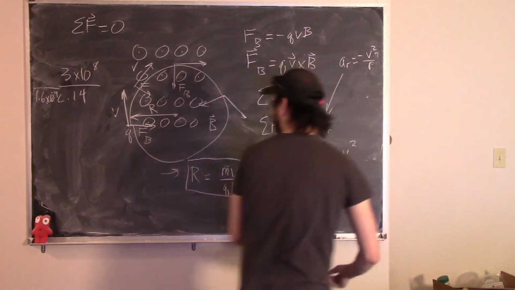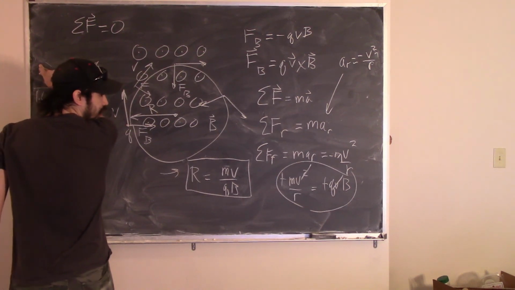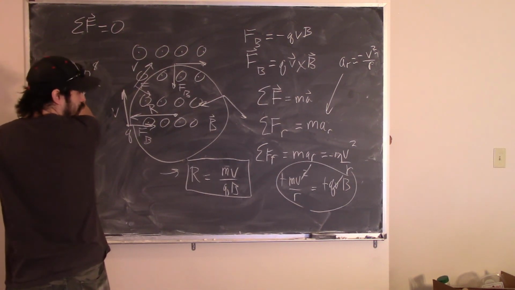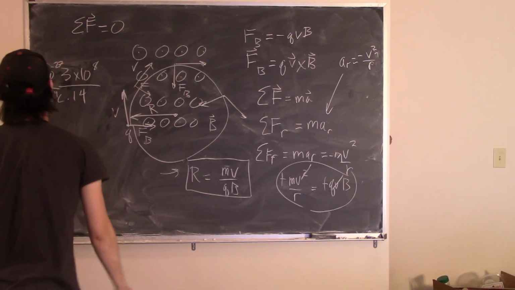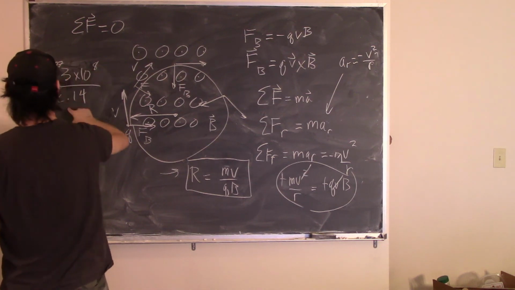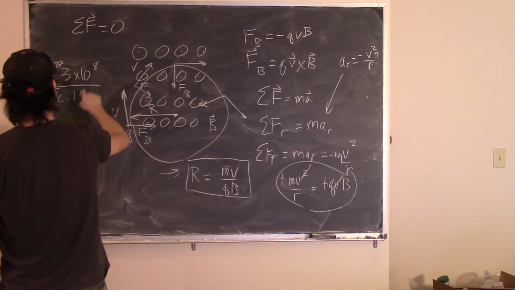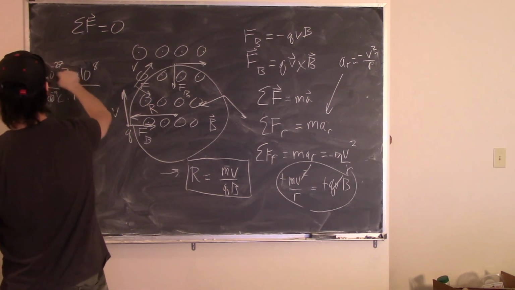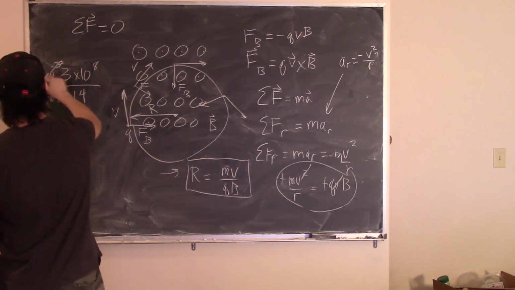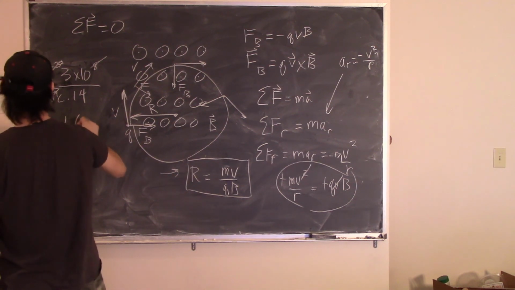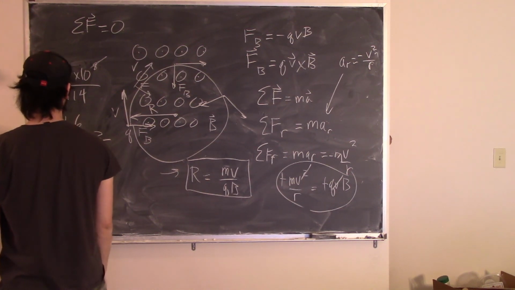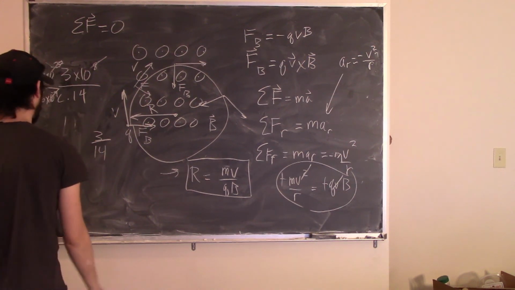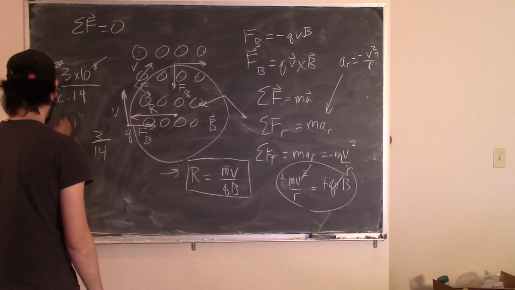Proton mass is 1.6 times 10 to the negative 27. So this is negative 19. This is going to cancel really nicely because this 8 makes this a 19. So all of my factors here go away. This is 1.6 divided by 1.6, 3 divided by 14. I might be off a little bit here, but I'm giving a rough estimate of the radius of the